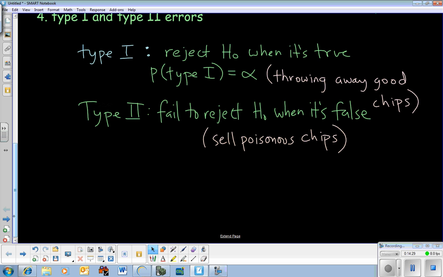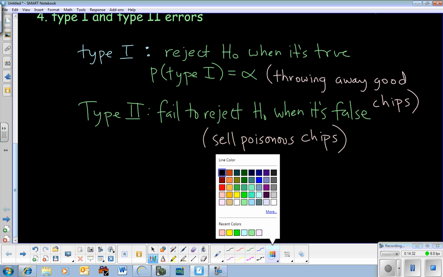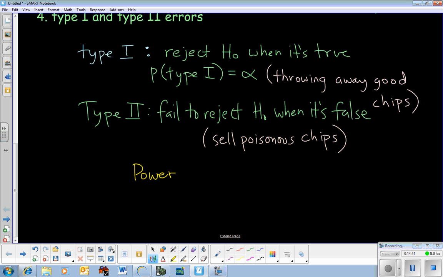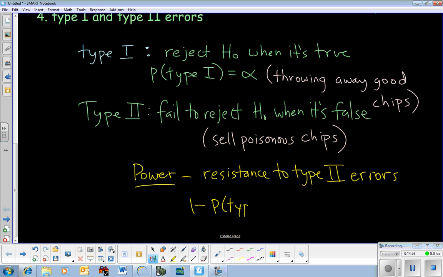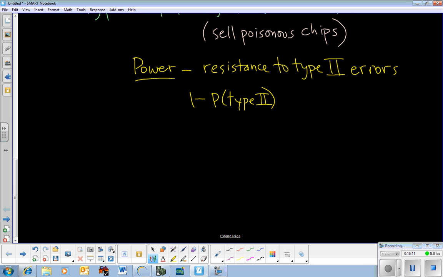We aren't going to, maybe never, maybe not very often, I'll let you know for sure later, calculate the probability of a type 2. But the term you need to know is power. Power is basically your resistance to type 2 errors. It is 1 minus the probability of a type 2. And because we don't calculate type 2, we're very rarely going to calculate power. But what you should know is if you want to increase your power,